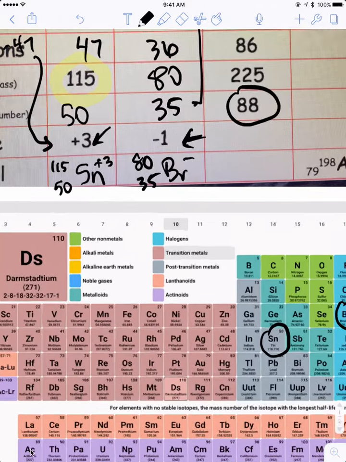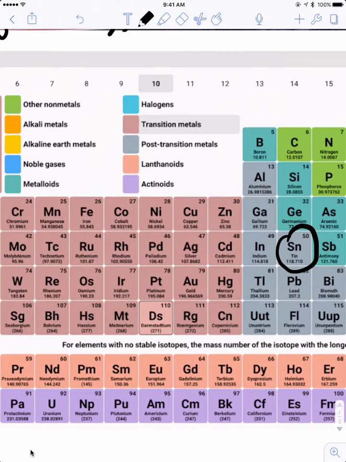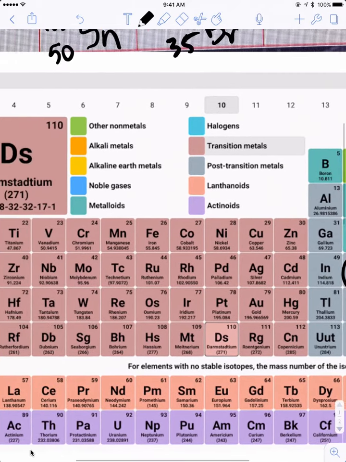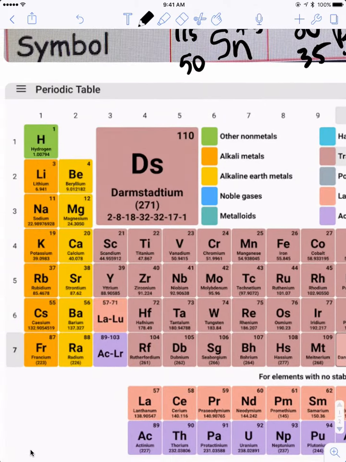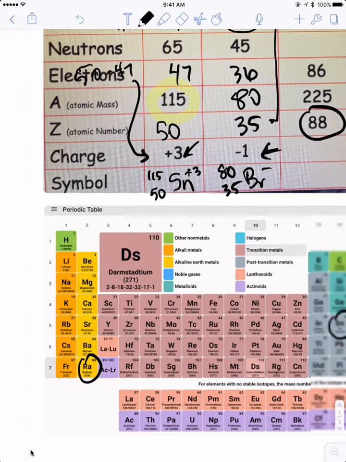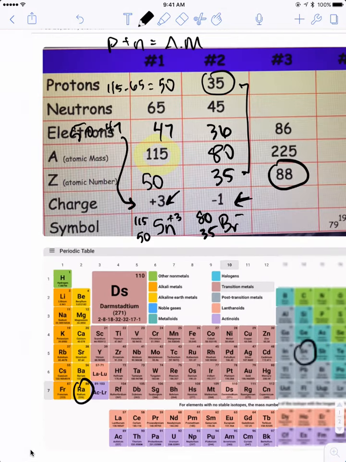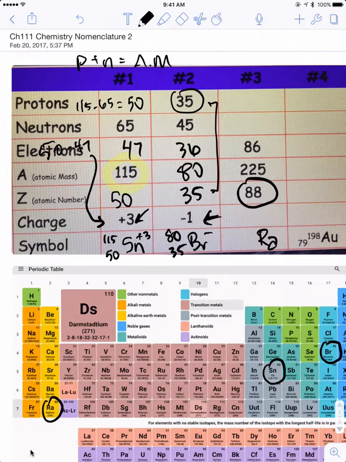For number 3, we have the atomic number, 88. So right away we know that this particular element is going to be, find that in the periodic table, radium. So we can just put that here. Now the number of electrons, that is just up here. Atomic number is the number of protons. And we can subtract 225